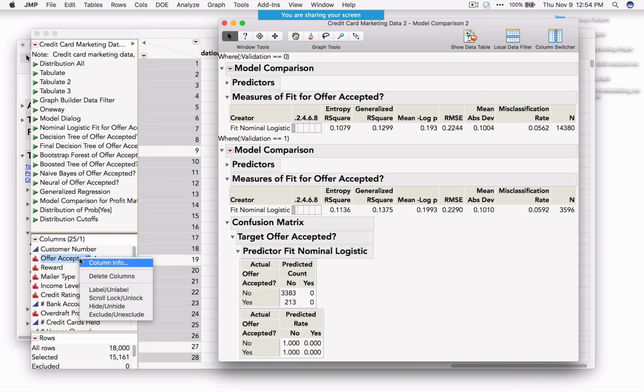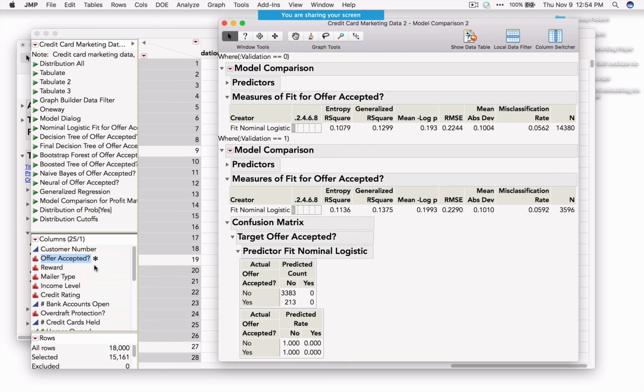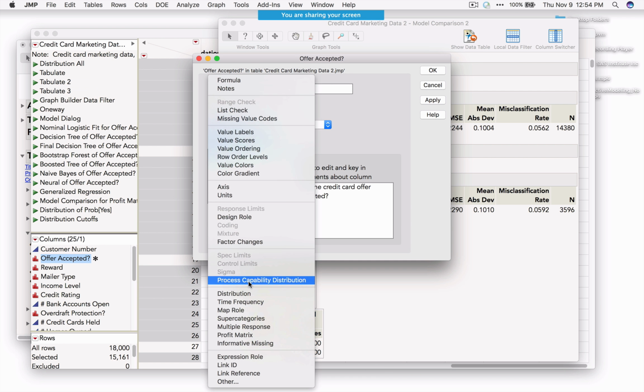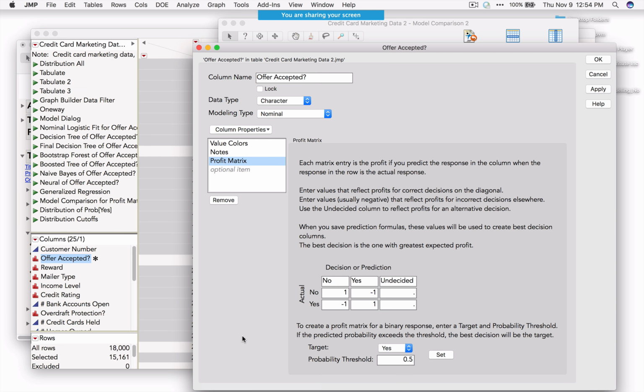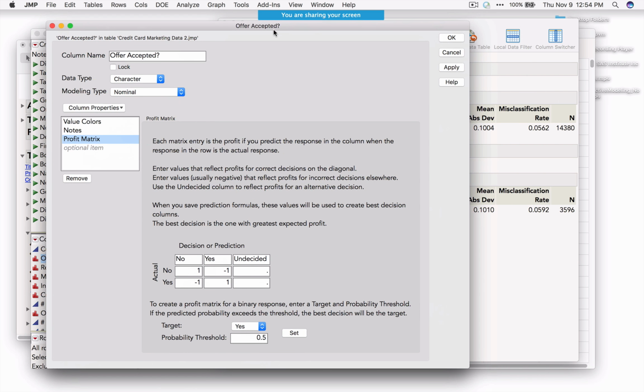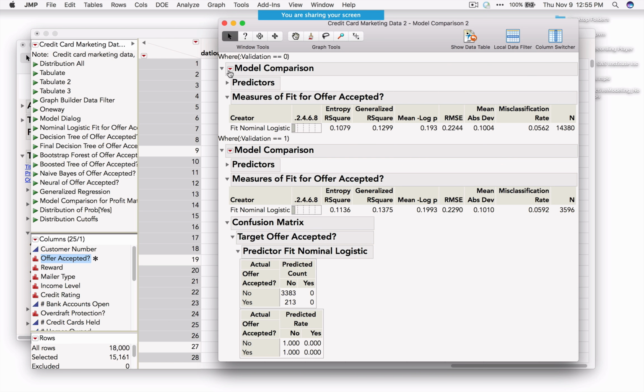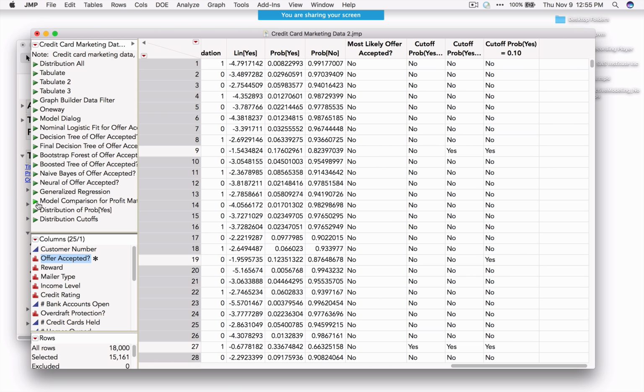So I'm going to right click on this column and go to column information. And under column properties, we have this thing called a profit matrix. What the profit matrix does is allows us to do two things, either specify cost or change the cutoff for classification. So if I change this cutoff for classification to 0.1, for example, and hit set, notice that it basically backfills the profit matrix. And if I hit OK and rerun this model comparison,